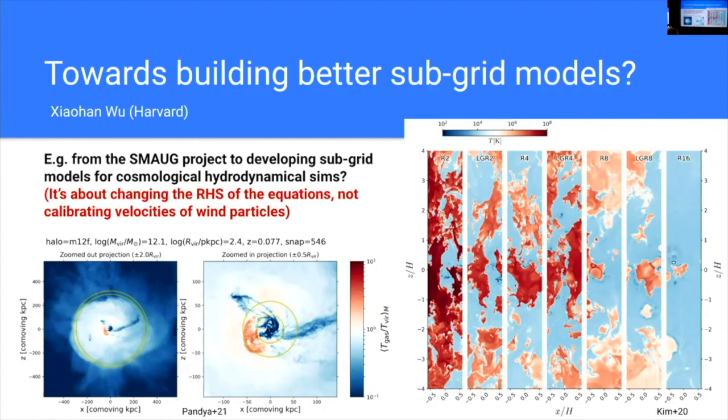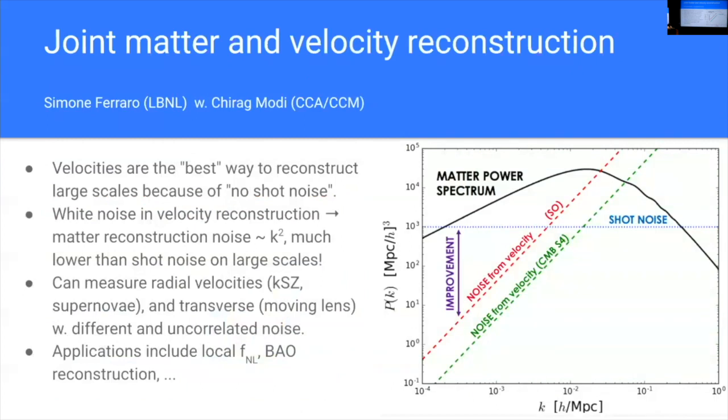Yeah, I was thinking you might be able to combine zoom-in simulations with cosmological ones. Like the FIRE simulation, you can already see they are better resolving the propagation of the winds. And then there might be a way to combine that information into cosmological simulations. But I'm just not sure how to do that, because in Michael's work, he's only doing a 1D hydro equation. So that's extremely simple, but in a cosmological setting, you have all sorts of things going on.